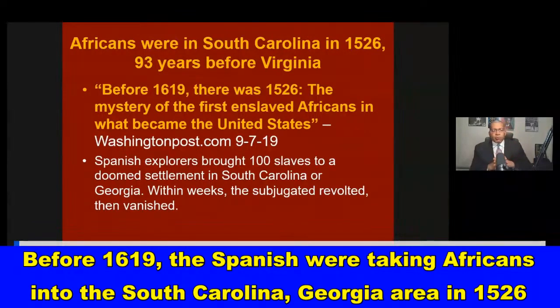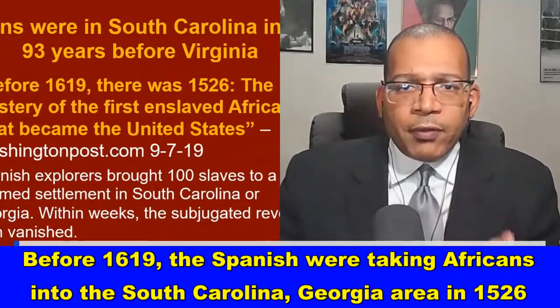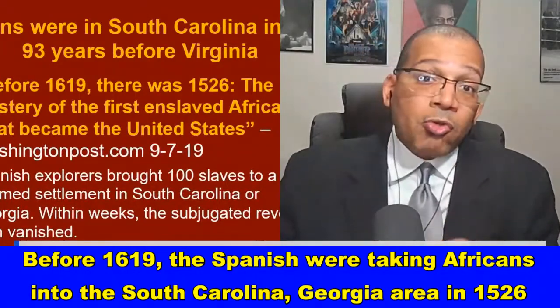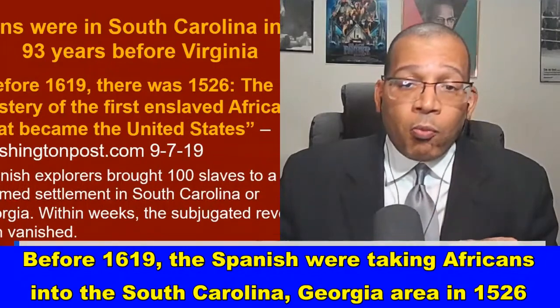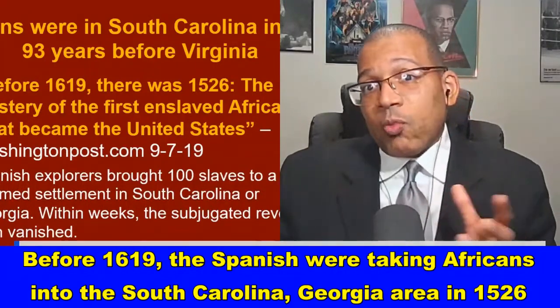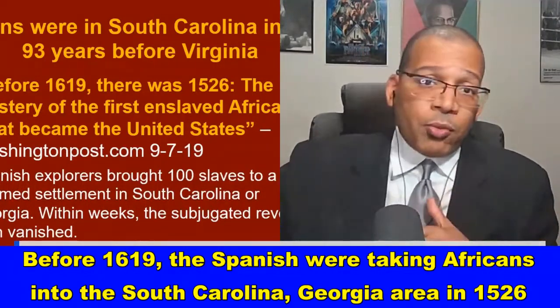Now, Spanish explorers brought 100 African slaves to a doomed settlement in South Carolina or Georgia. Within weeks, the subjugated revolted, then vanished. Maybe that's why they don't want us to know about 1526, because those Africans overthrew their oppressors. So maybe that's why that's not talked about a lot. But that's 93 years before